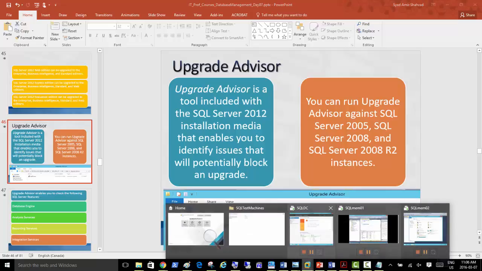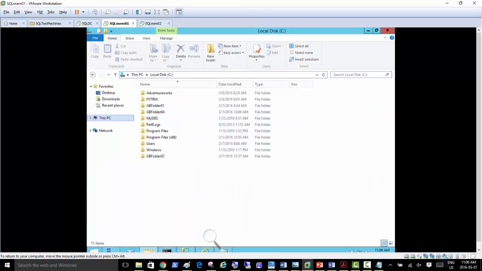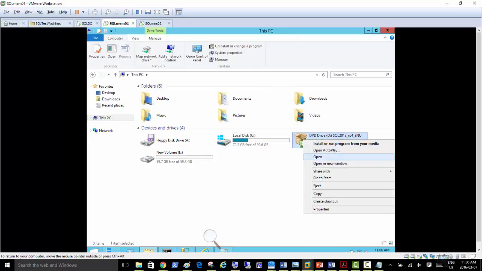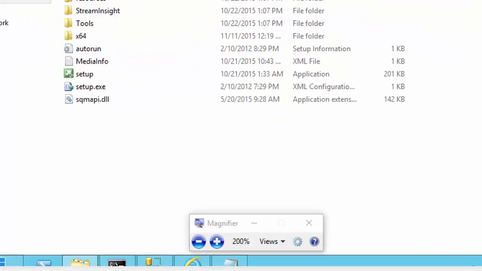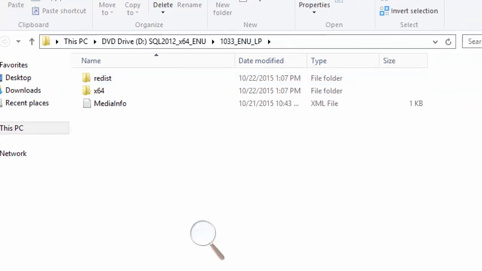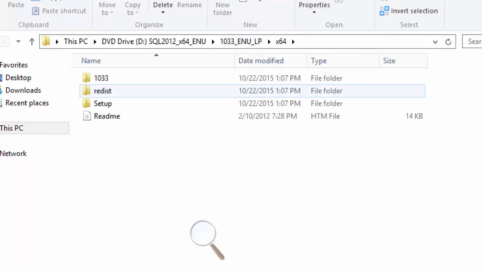So if I go to SQL Server mem01, I think the DVD of SQL is always there. Yes, it is there. So right click, open, and 1033 ENU LP. So if I go to the path 1033 ENU LP inside the DVD, then double click this, the path is showing up there as well. Redist, which is redistribution, or we can just go to x64 actually and then Redist.